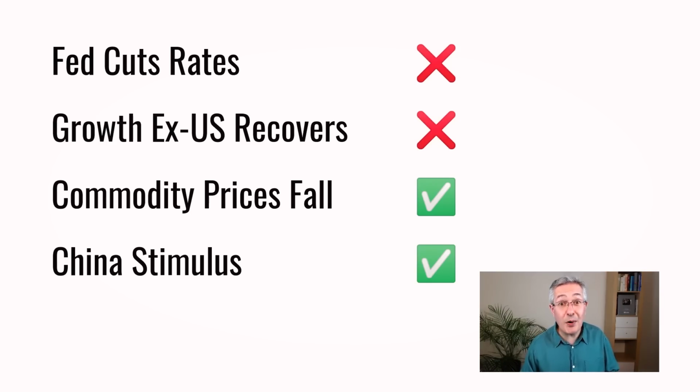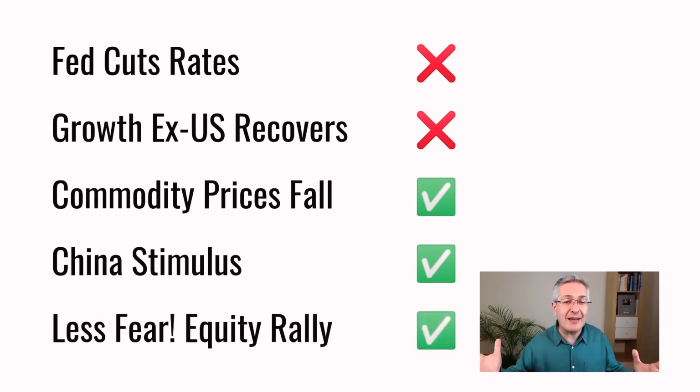And then finally, and more positively perhaps, we could get an equity rally. So it might be that risk appetite returns to markets and we see that the dollar weakens just as it's been strengthening as equity markets sold off. So you can see why for some large US companies, a lot of them big tech companies which dominate those US indices, the very strong dollar has been a problem. And that in turn could be a problem for the US equity markets unless the dollar starts to weaken for the reasons we've seen. So let's hope it's for something good like an equity market rally. But I think a China stimulus or potentially falling commodity prices could also do the job.